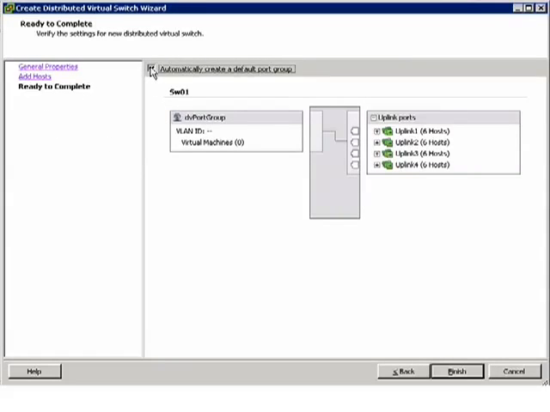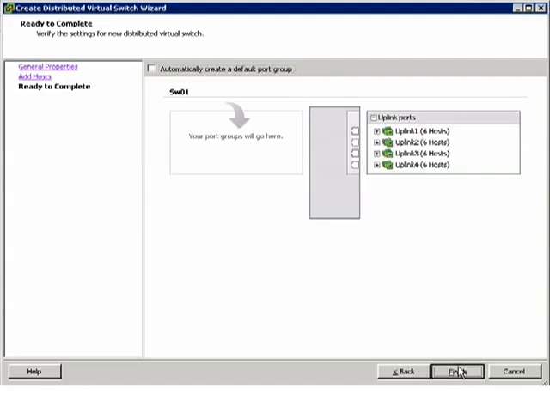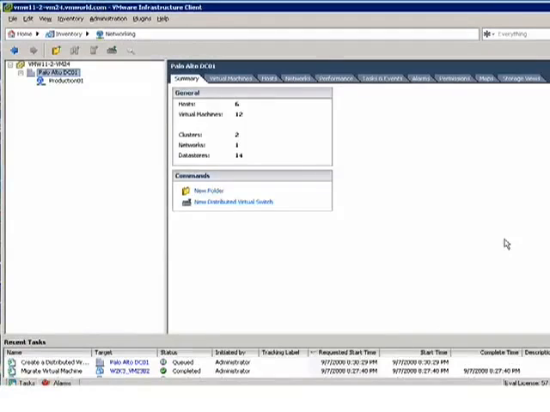Basically, uncheck the option to automatically create the default port group, because I want to create the first port group. I'm going to say finish. And it's going to take a few minutes because it's got to go through each of the hosts and actually attach itself to each of the hosts, making sure that the switches can be seen by each of the hosts. But in the meantime,